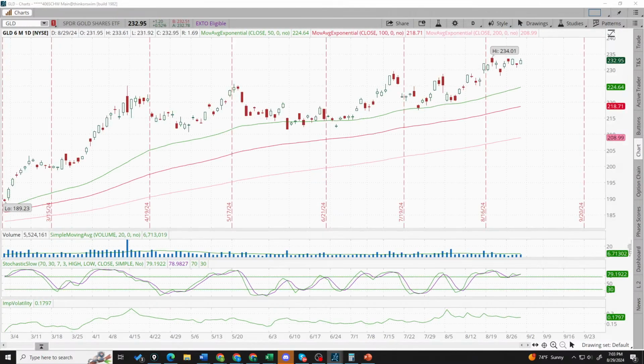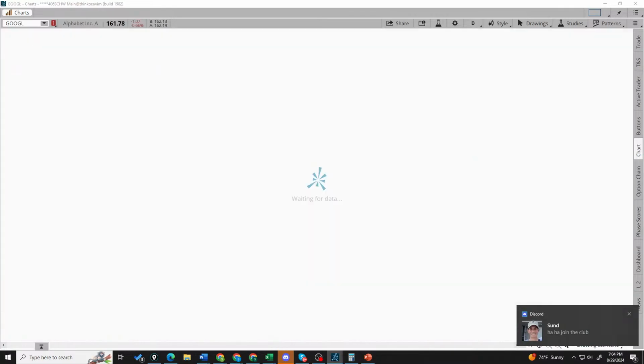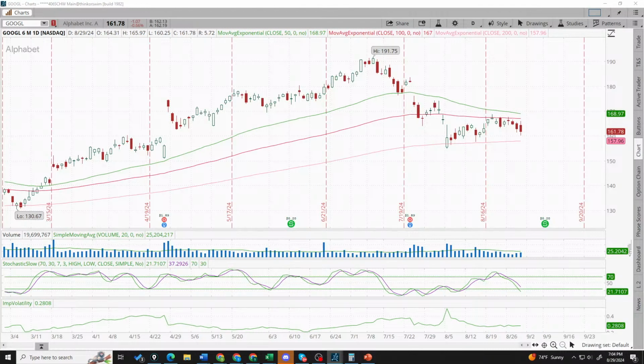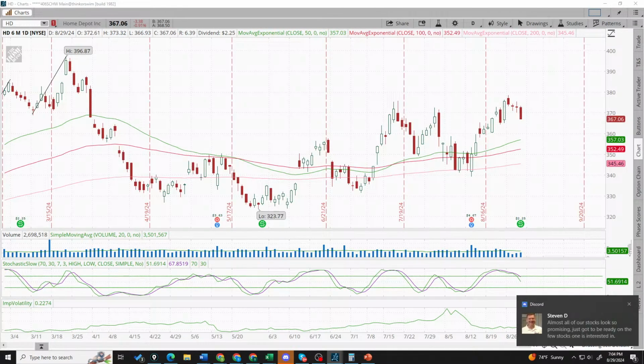GBTC flat, gold still holding up near highs. Good one. General Motors has almost got the full deep V. Just a little further and it's at 50. Then we're looking for the handle. Google still consolidating, still viable. Home Depot consolidating. We've got plenty of things that, if they start to stabilize and move into bullishness next week,